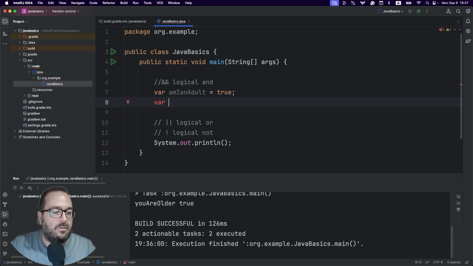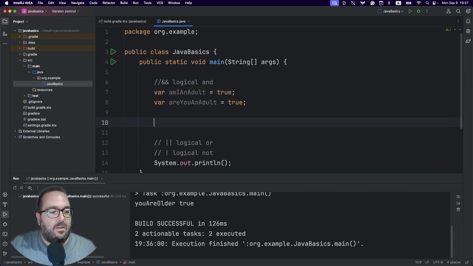Second variable, are you an adult? True, again. Let's fix this name here, which is kind of better. And we need a third variable. Are we both adults?